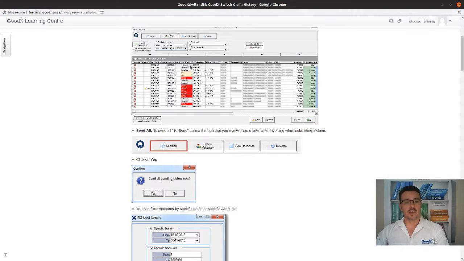Now your switch accepted claims, your MF ACK claims, means your switch accepted the claim or got it, and it will submit the claim. So in other words, it's not a real-time medical aid, and the claim most probably will be paid a week or two later, depending on the payment run of that